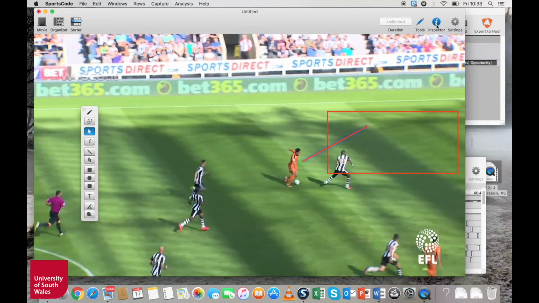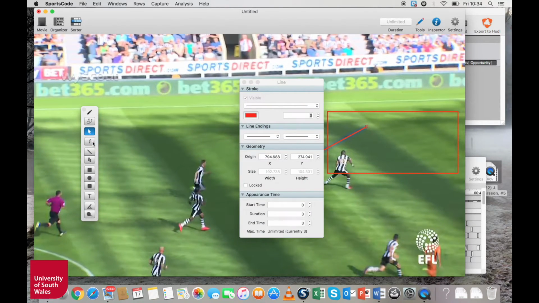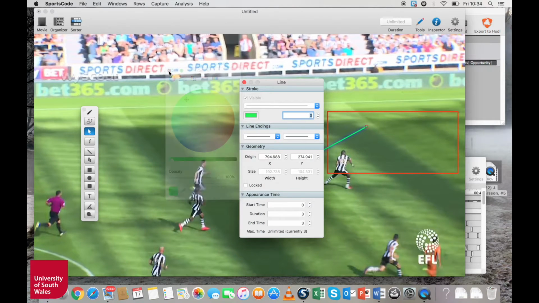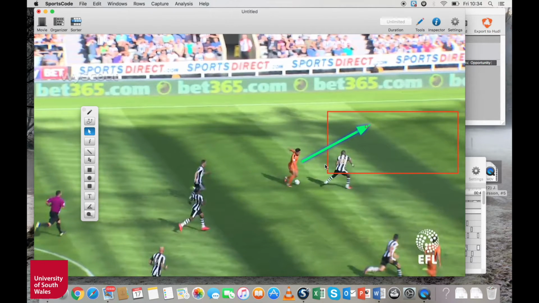If I go to this bit here, inspector, or on this little eye with something selected, it's going to let me change the properties of that shape. So I might want it a different color, so I'm going to go that color, close that down. I can make it a bit thicker if I want. I can make the end an arrow, so I go like that, and I might want to write some writing in there, so if I click on there,